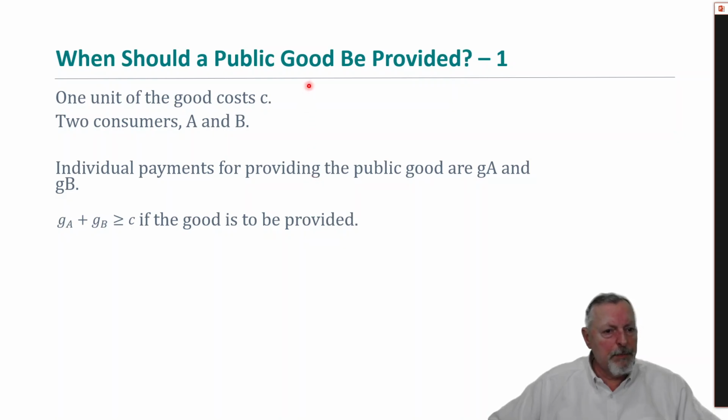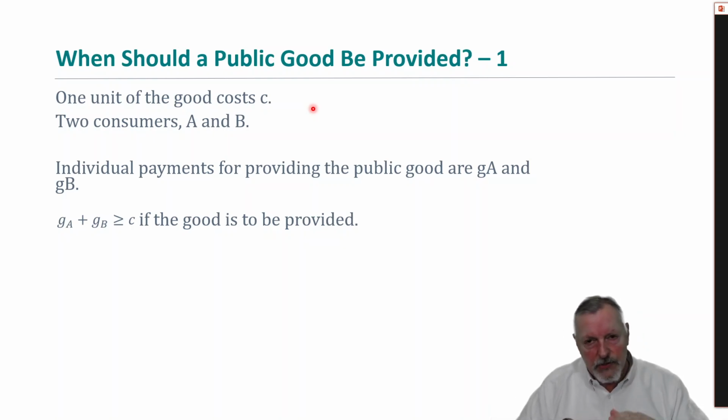All right, assume the public good. First case, should the public good be provided? Is it a Pareto improvement to provide the good? Remember, Pareto improvement. The strict definition is strict-ish. A Pareto improvement is something that can make at least one person to some degree better off, while not making anyone worse off. Here we're using a looser definition. A Pareto improvement is something that can make everyone better off to some extent.